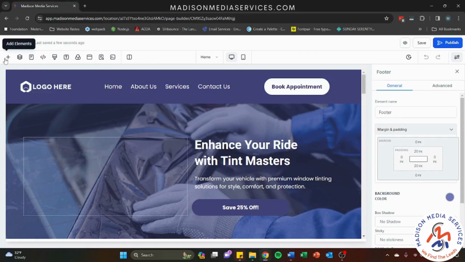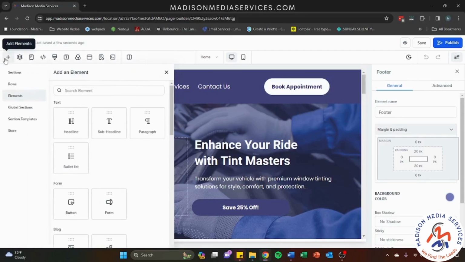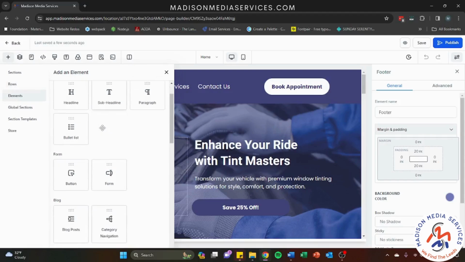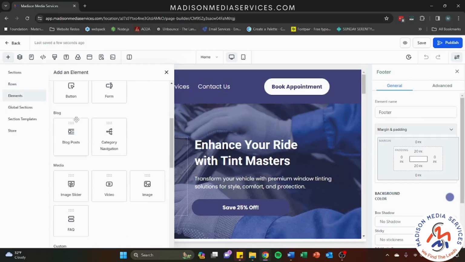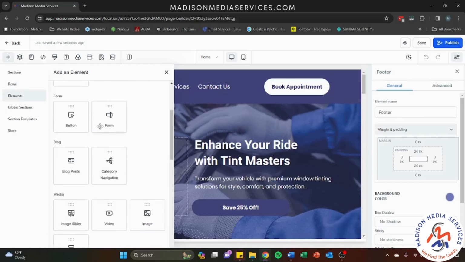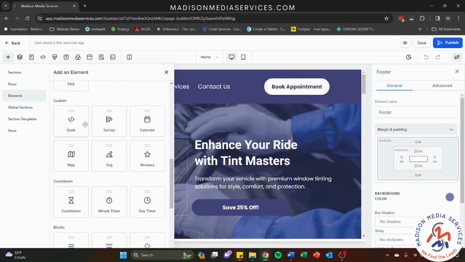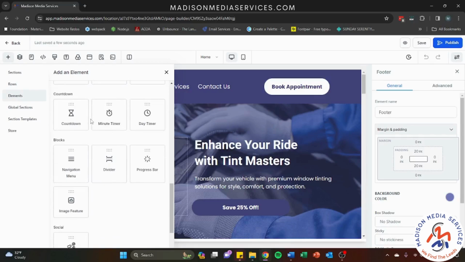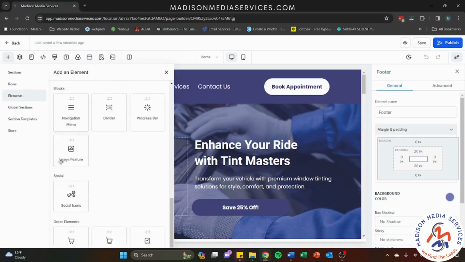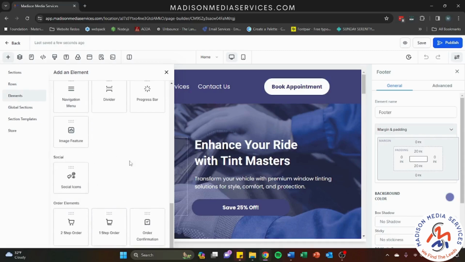On this plus icon here, we'll just get started. You'll see different elements that we can add to the site. Don't let these little items get confusing to you, though. We will be exploring these in later tutorials, but to kind of get yourself familiar with these different types of options, you have different text, buttons, forms, blogs, media, custom codes, surveys. You can put your calendar widgets in there, connect to calendars as well, timers, different types of tools that you can use in order to